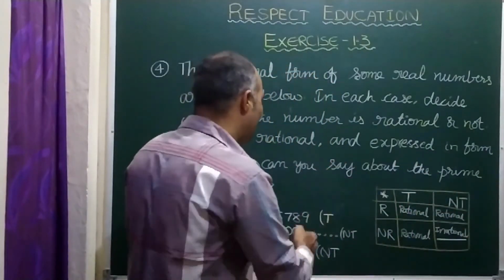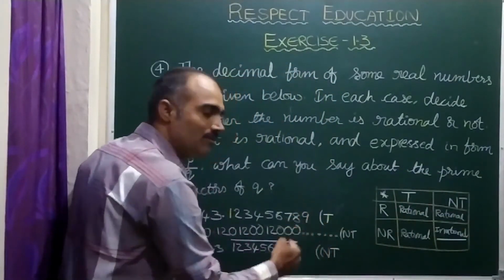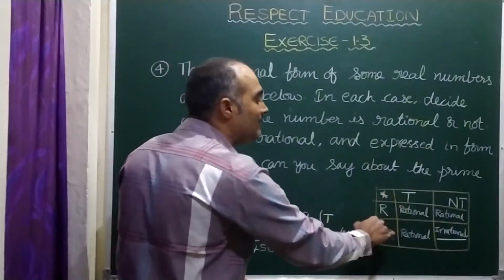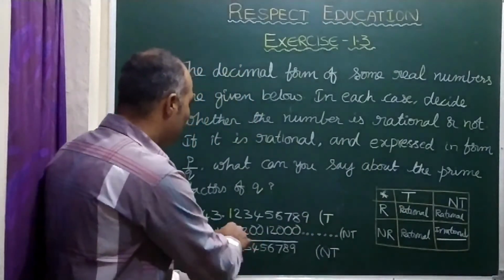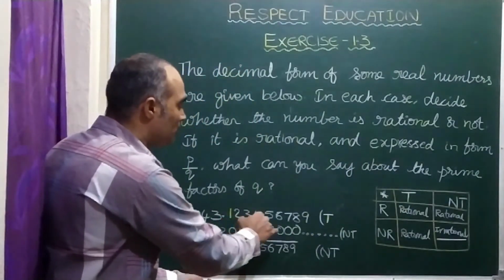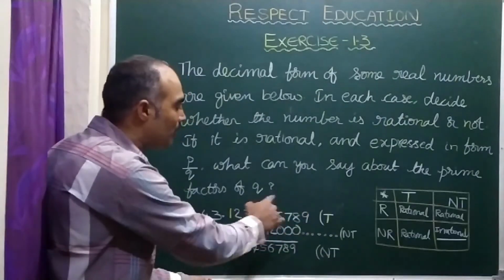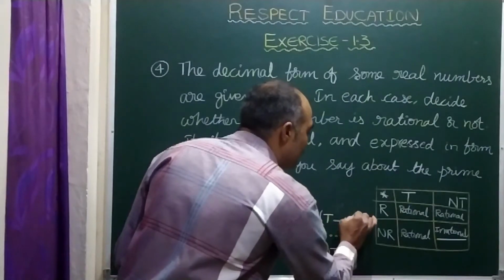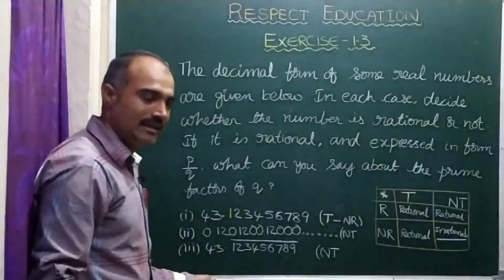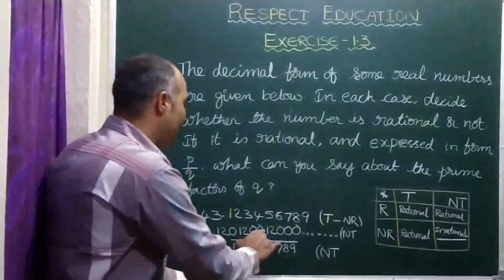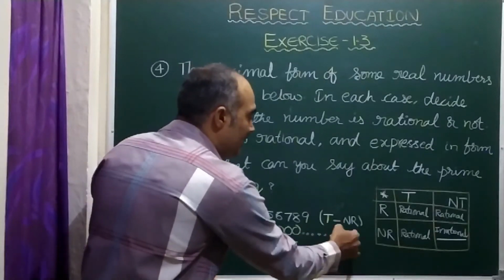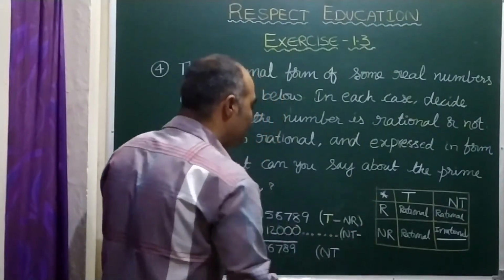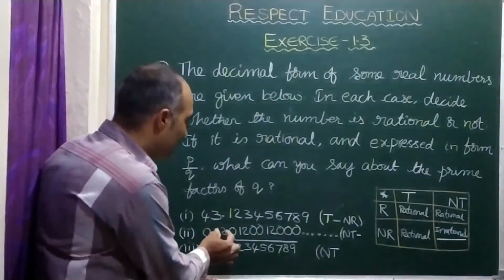Now, already we have checked which are terminating and non-terminating. Now we will see which are recurring and which are non-recurring, right? Here you see it is 43.123456789. No number gets repeated. So it is terminating and non-recurring. Whereas here you see these dots, so on, indicates non-terminating, and here you observe it is 1,